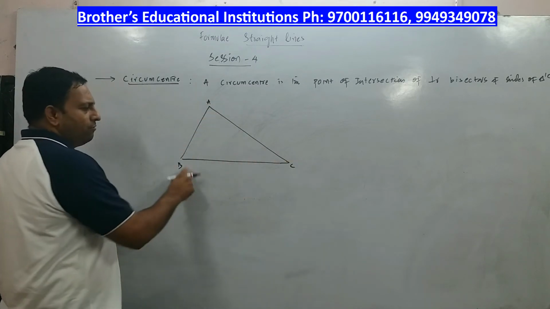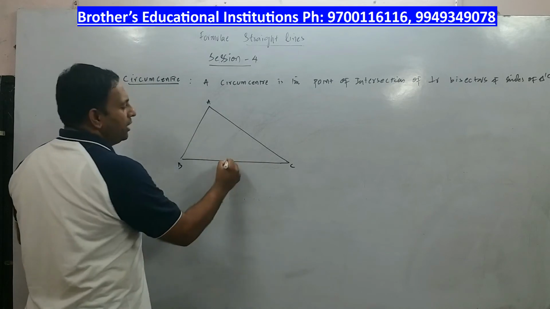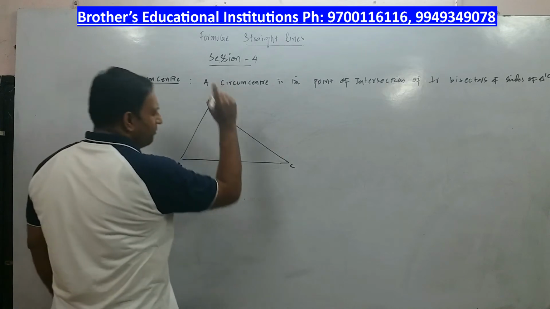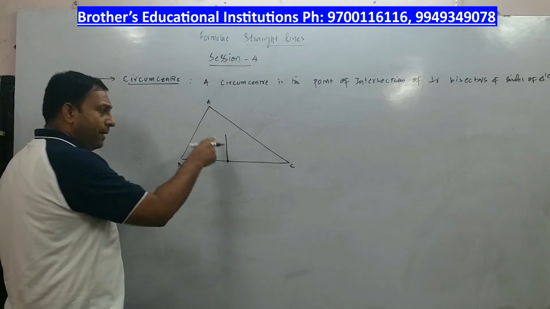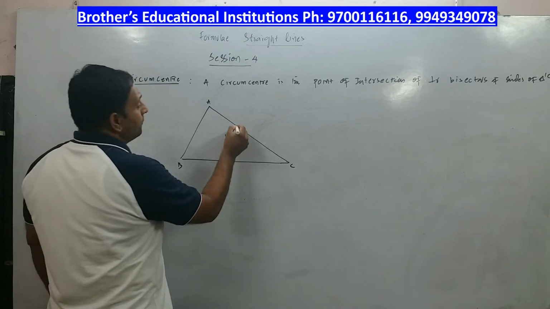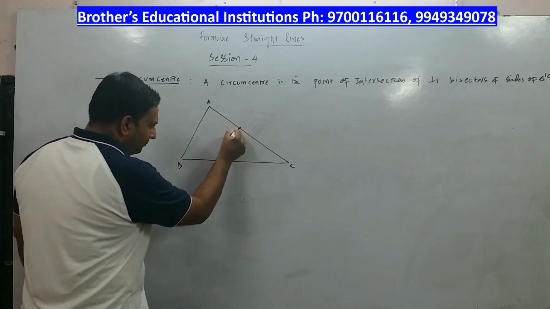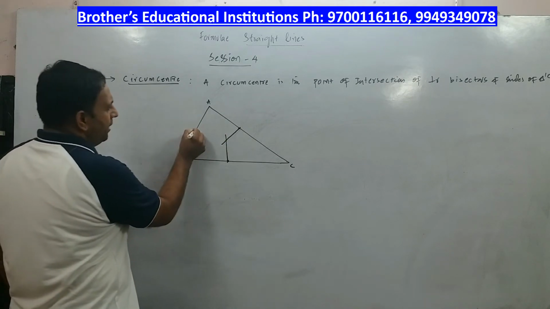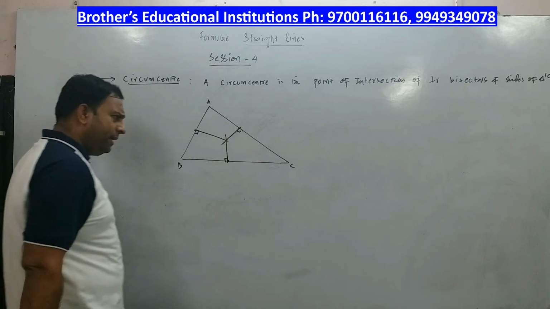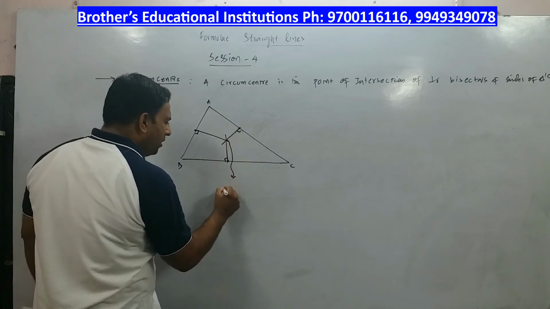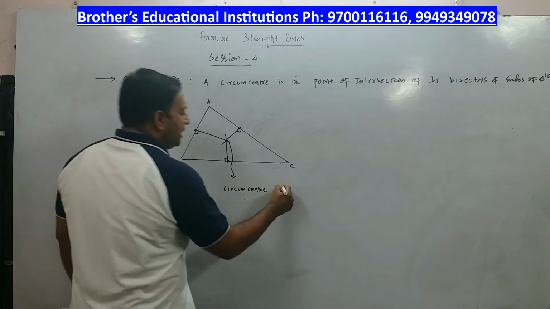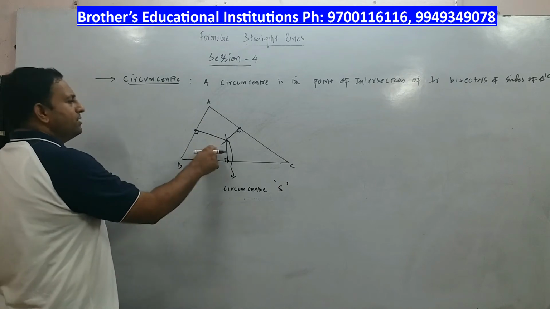Now this is a side. For this side, if I take the midpoint and draw a perpendicular, this perpendicular need not pass through the vertex. It may go through some other place. But this is a perpendicular, and since it is bisecting, it is called a perpendicular bisector. Next, I again drop a perpendicular. They are meeting here. From here, from the midpoint, I drop a perpendicular. So all these perpendiculars are meeting here, and this point of intersection is called the circumcenter. And the circumcenter is denoted by S.